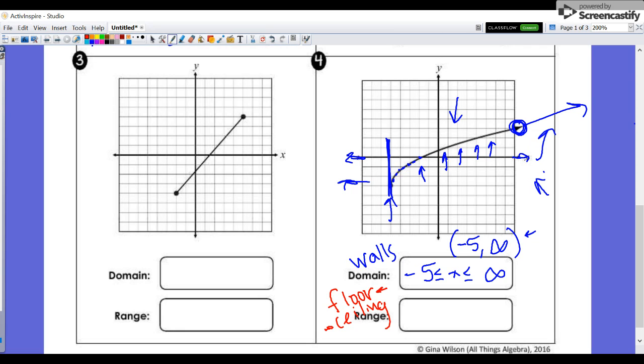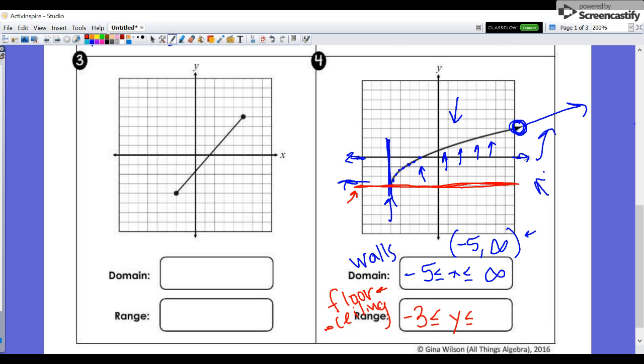There are no points that have a y value below this floor. So that's my smallest value, and that y value is -3. And I'm going to write it kind of similar to how I wrote the domain. And then the same thing that happened with the domain, as I go up and up and up and up